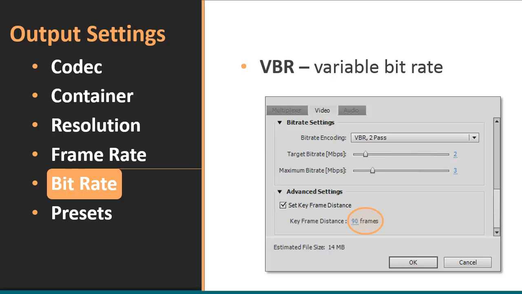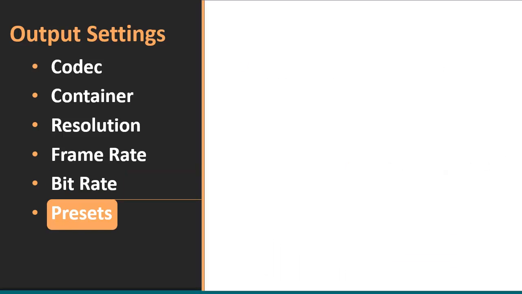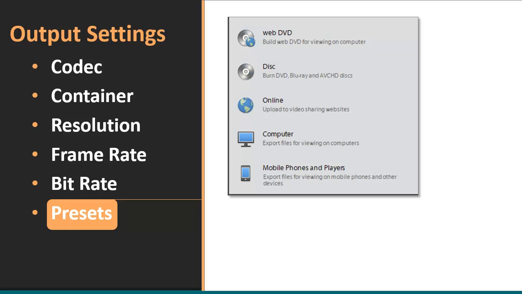Pay attention also to keyframes. The default is 90 frames, and that's very good for most talking head or non-high action videos. If you have high action sequences within your project, you may want to use more keyframes. And again, once you've made these decisions, you can then choose and even customize a preset so that those particular settings will be preserved over time when you do other projects. You know how this works.